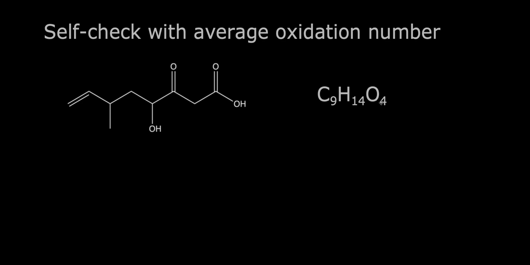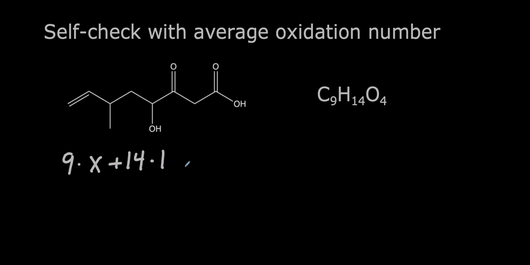And this is a neutral compound. So we know the oxidation numbers have to add to 0. We're supposing that we don't know the average oxidation number yet, because this is a check. So we say we've got 9 carbons. So we've got 9x. We don't yet know the average oxidation number, or we're pretending we don't, since this is a self-check. We've got 14